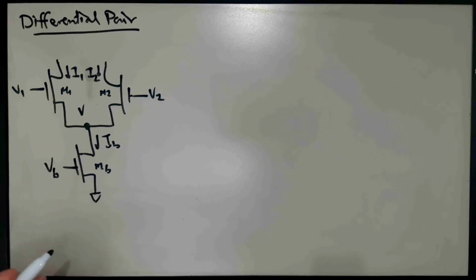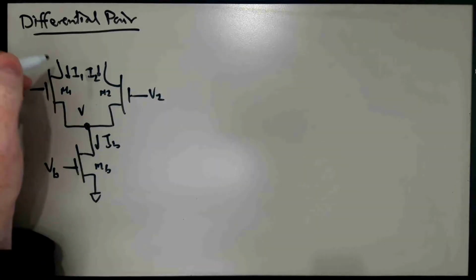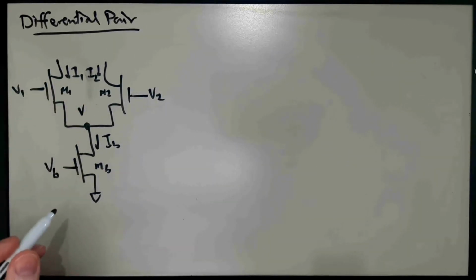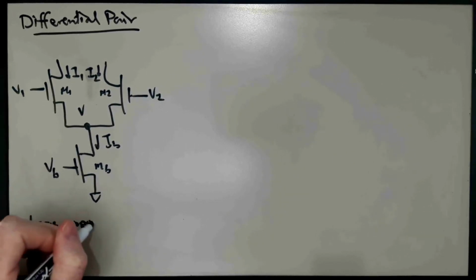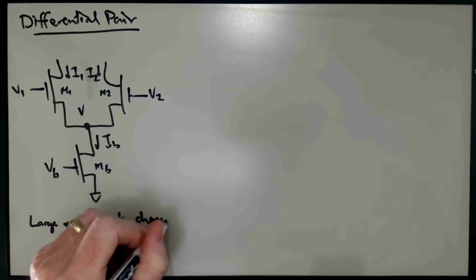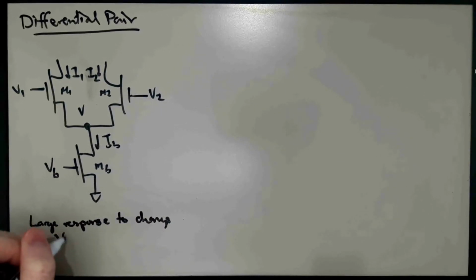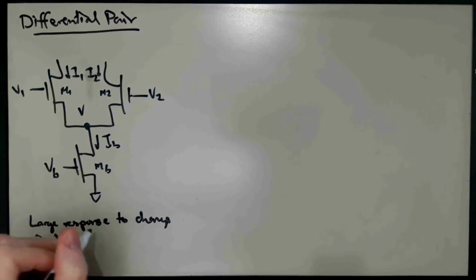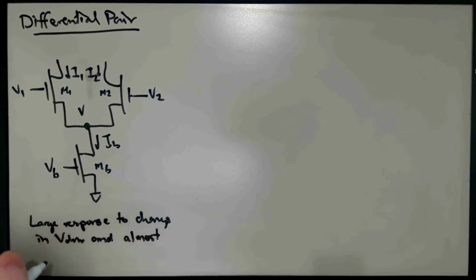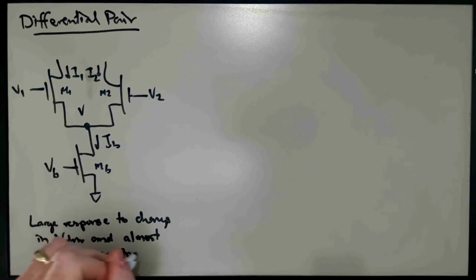One thing I forgot to emphasize, and that's one of the key important things about the diff pair, is that the diff pair has a large response to changes in VDM and almost no response to changes